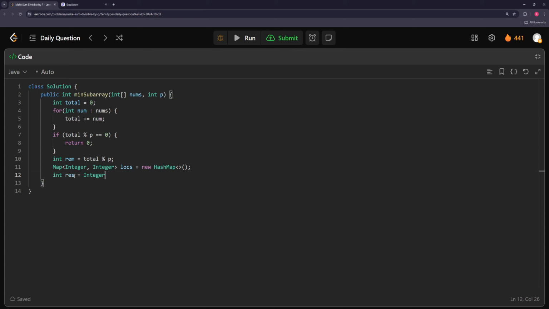equal to this, and then we'll just try to minimize it, and then we can go through all of our numbers now. So for... we do need an index. Okay, so the value we're going to have, I guess actually we can do this here, so cur or something. So cur is going to equal cur plus nums[i], and then we can mod it by p, because like I said, we only care about remainders. Okay, so we have cur, and now the number we're looking for, we can call this target, and